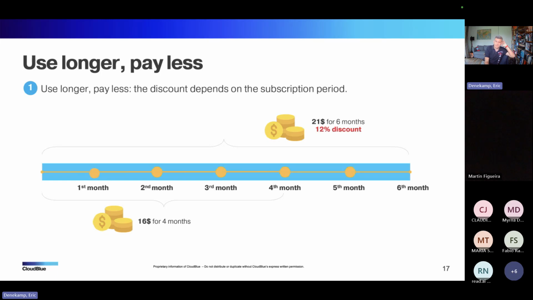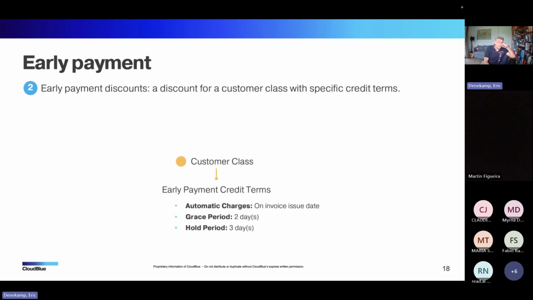I showed you that already. I'm not 100% sure if this is something that is realistic, but we just want to give it to you as an example. What you can do, for instance, is give a discount to customers that have signed for paying within the same day or within 2 days. So you create a customer class that says,